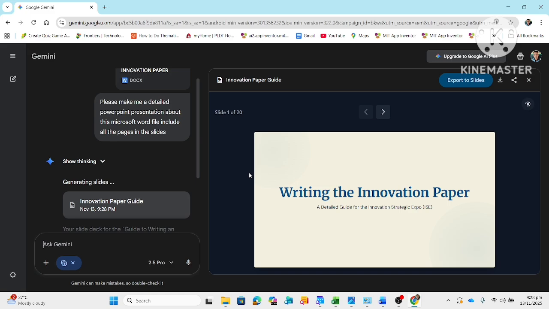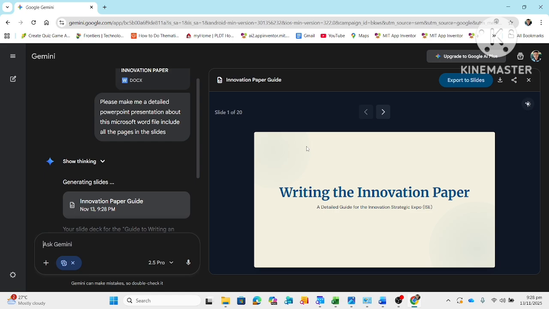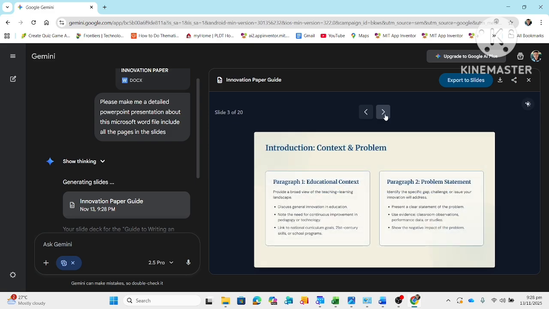All right, mga kaguro. So if you're going to check our Microsoft Word file, only have 19 pages. And then this one is already 20 because this includes the cover page, mga kaguro. So the good thing about this one, it's because the details coming from your Microsoft Word file is presented in a very systematic way and very clear po.